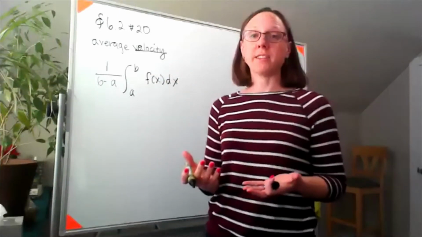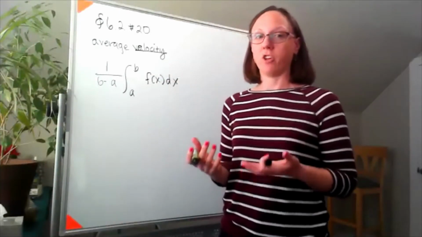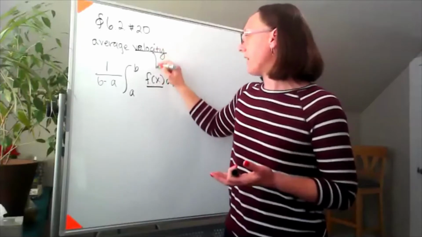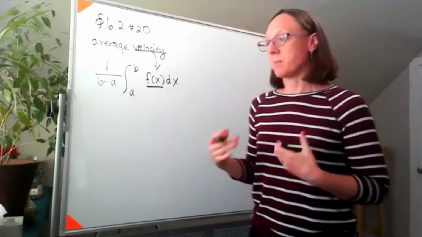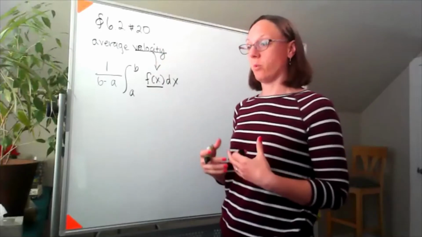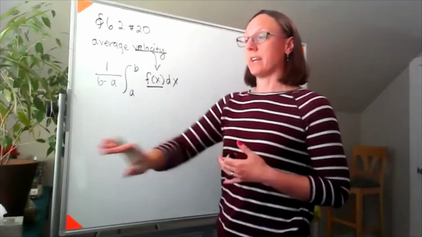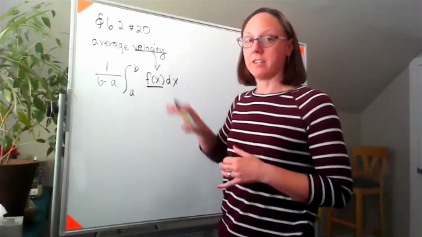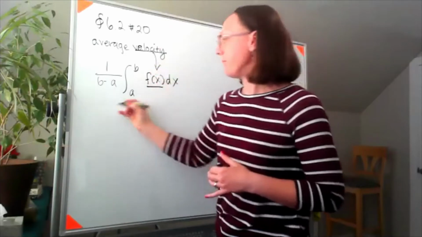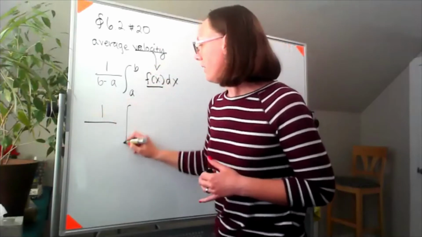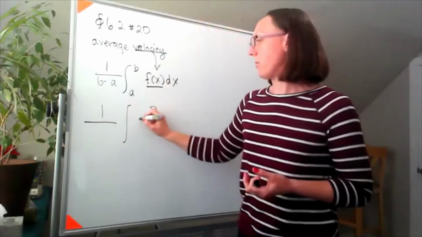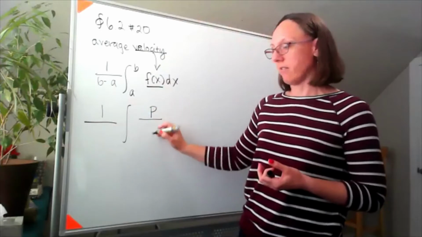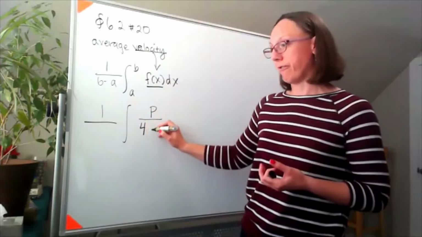Whatever the thing is that we're being asked to find the average value of, that is what needs to go inside of our integral. In this case, because we're being asked to find the average value of the velocity, we're going to take that velocity function they've given us and plug it in here for f of x. It's a little bit messy, but in this problem,